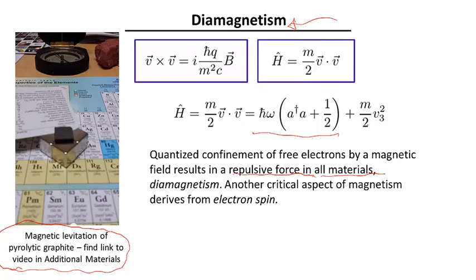Now, the more important aspect of magnetism, the one that's responsible for actual magnets and for most of their applications, has a different origin. It's also due to properties of electrons, but it's tied up with their spin. And so that's the next subject on our list to study during this lecture.